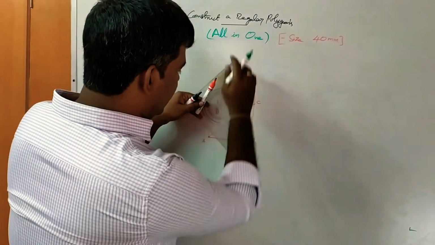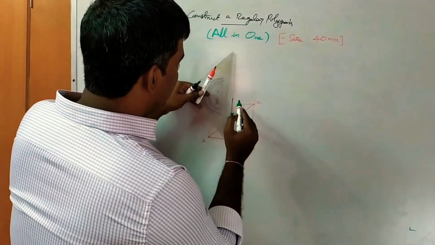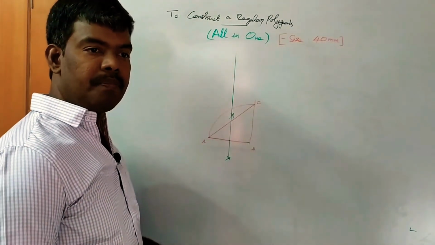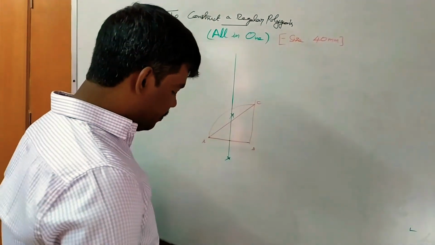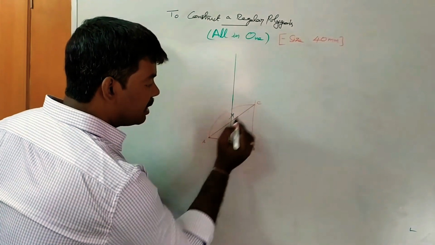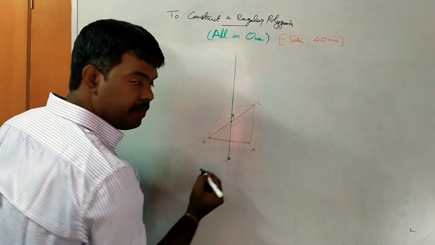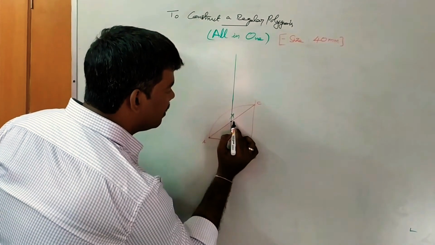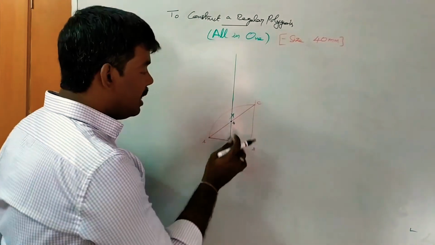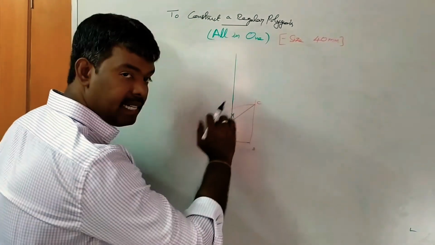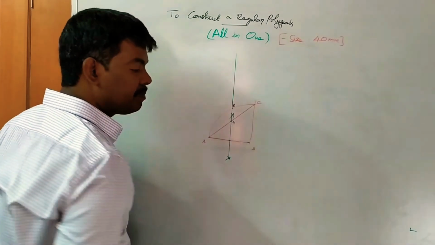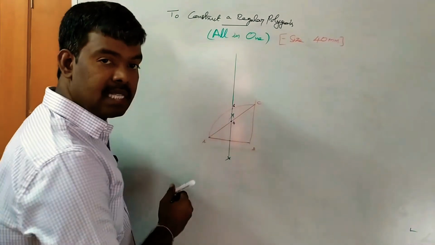Next, on the opposite side of AB, you extend that bisector some length. Next, very important: where the bisector intersects the straight line AC, let us consider this number 4. Definitely you take number 4. Next, where the same bisector intersects the arc AC, this is number 6. So this is 4, this one is 6.